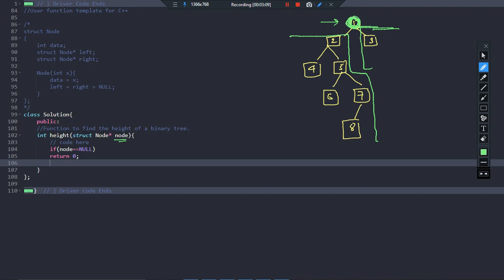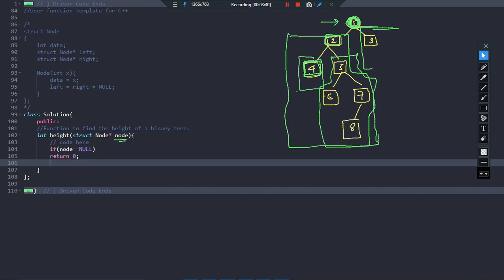Got the point? Now again, if I consider this subtree, I will divide it further. Suppose this is the root node, then it will say, okay, let us now compute the height of its left subtree and also its right subtree. Whichever is maximum, I will consider that as the height, right? Now if you consider this subtree, this is the last node, right? So what is its left? 0. Its right is 0. So what is the height of this subtree? Basically 0, right?